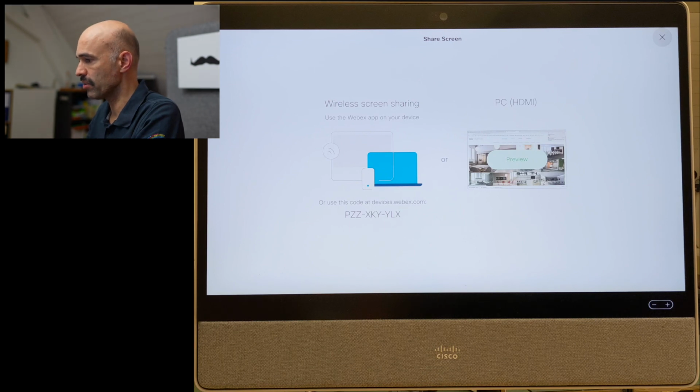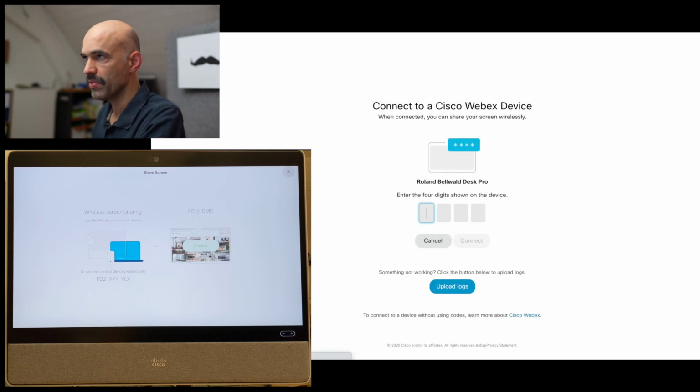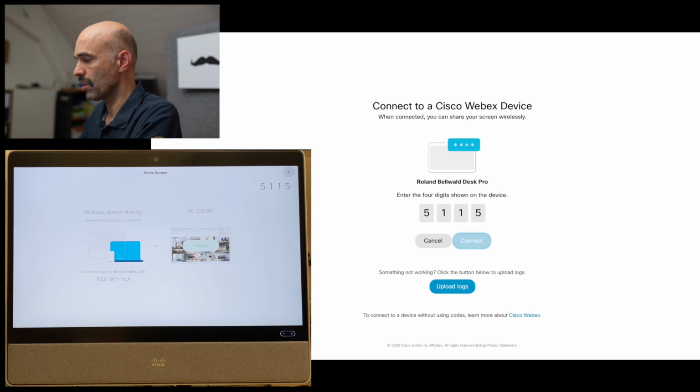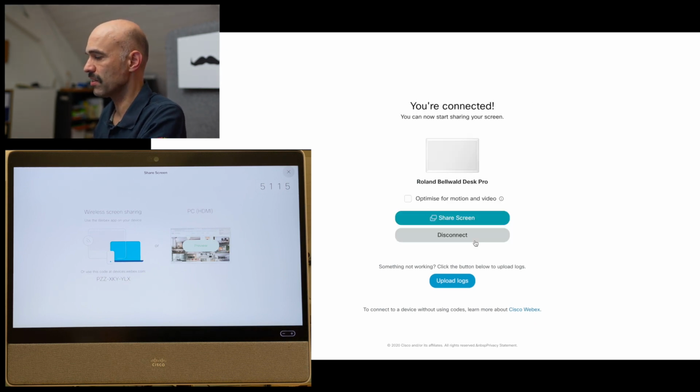I can log into devices.webex.com, and then I'll get a mask which asks me for a 9-digit character, and I say enter this code YLX. Say next. It's finding me my device. It is asking me for a locally generated code, so not somebody else can actually access this device